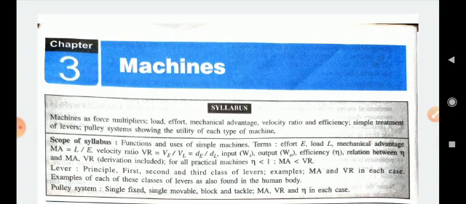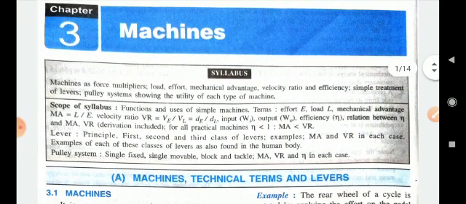Terms: effort E, load L, mechanical advantage MA equals load upon effort, velocity ratio VR equals VE upon VL, DE upon DL, input W, output WO, efficiency eta. Relation between eta and MA, VR, derivation included for all. Eta is less than 1, and mechanical advantage is less than VR. Lever is not in my course